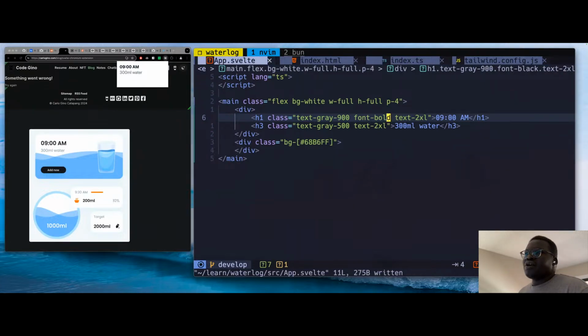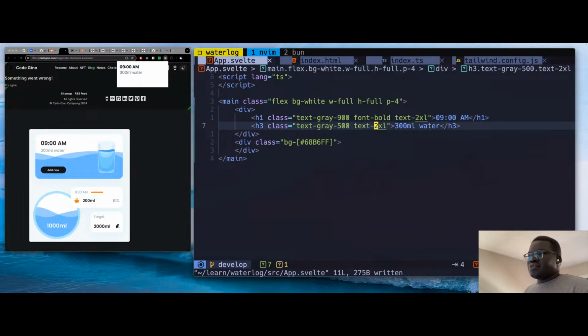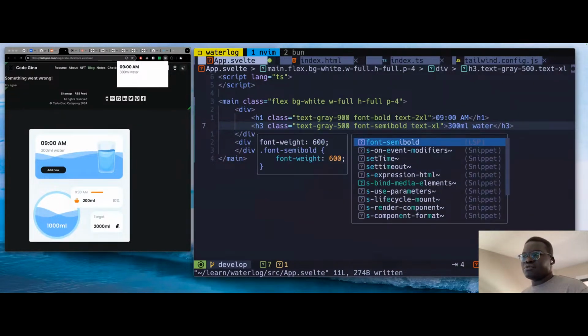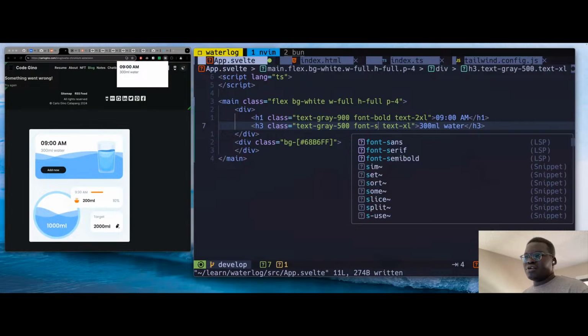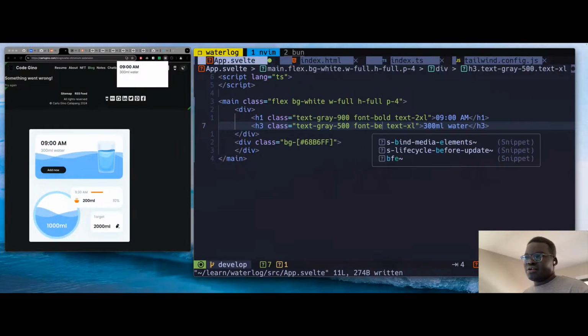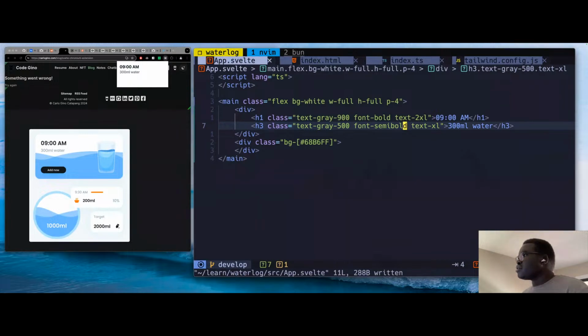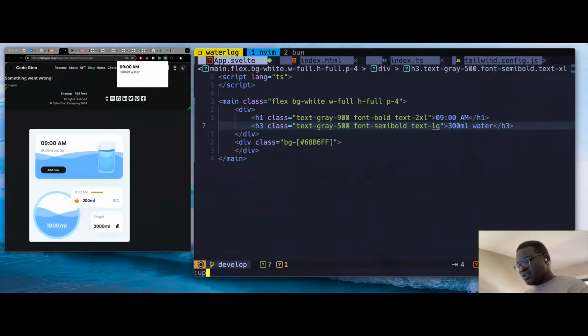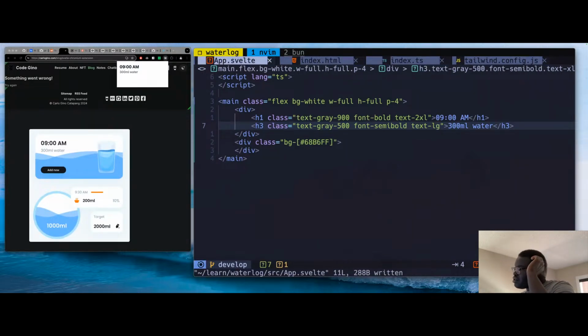Yeah, okay. And this text is just maybe XL or maybe just large. Okay, and font semi-bold. Is there one before it? Semi-bold, black, semi. We could probably set our own. Okay, this has to be like a clear delineation. I mean, XL to 2XL is not. Okay, so,